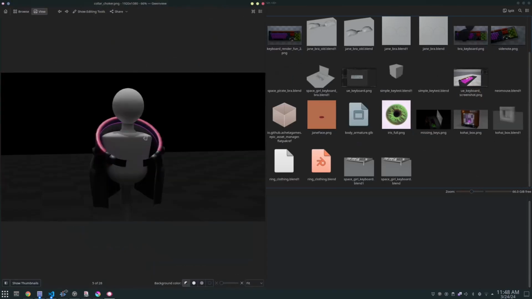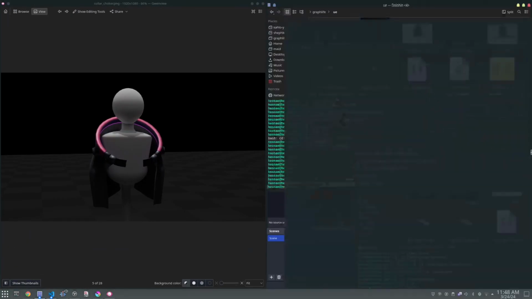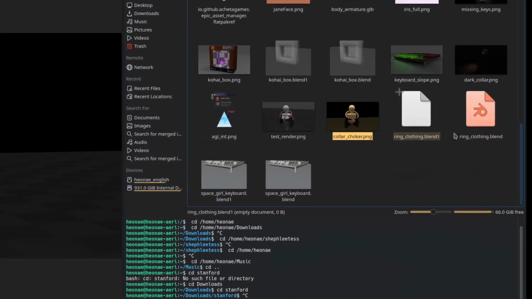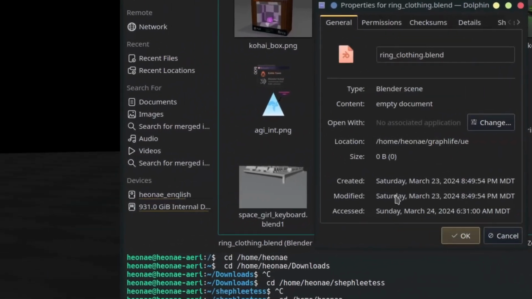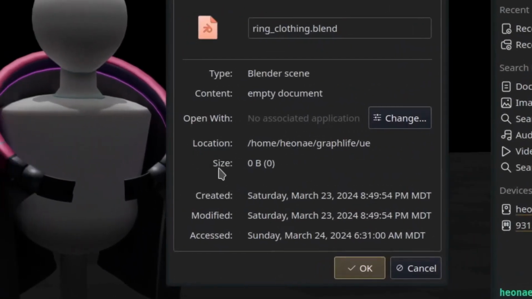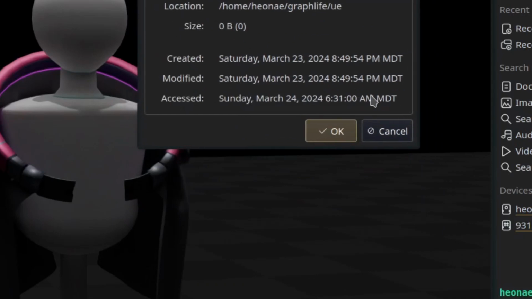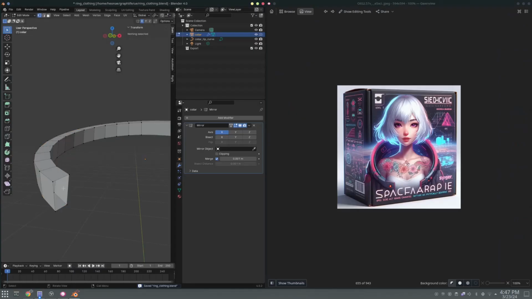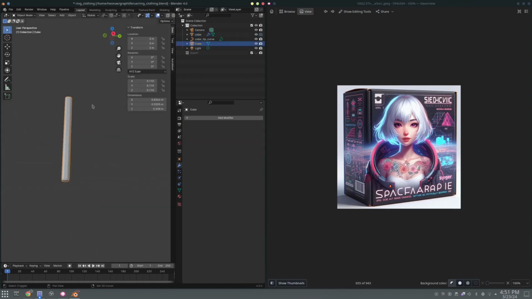So I made this collar choker in Blender. It took me like 4 hours, and then look at this. I saved this file as ring clothing, and now it's 0 bytes. It's just gone. It's an empty document. So we're gonna have to program an astronaut girl to remake it because I'm way too lazy to do this again. But fortunately,